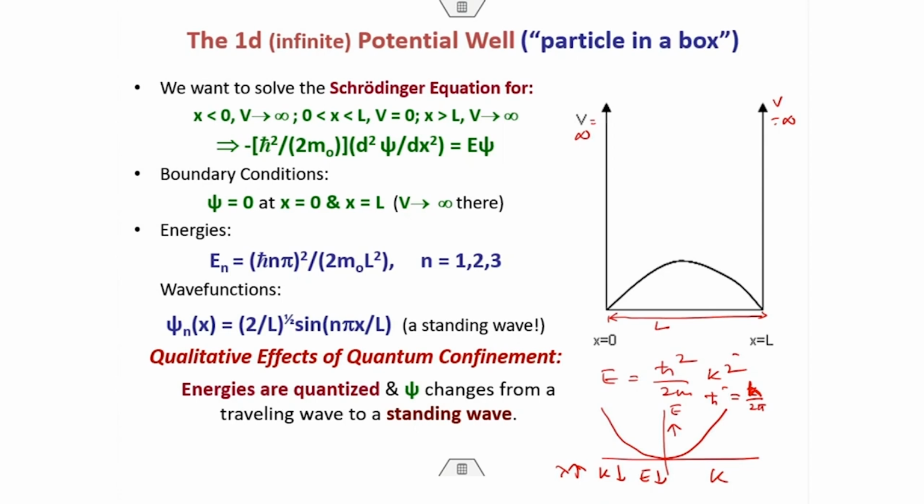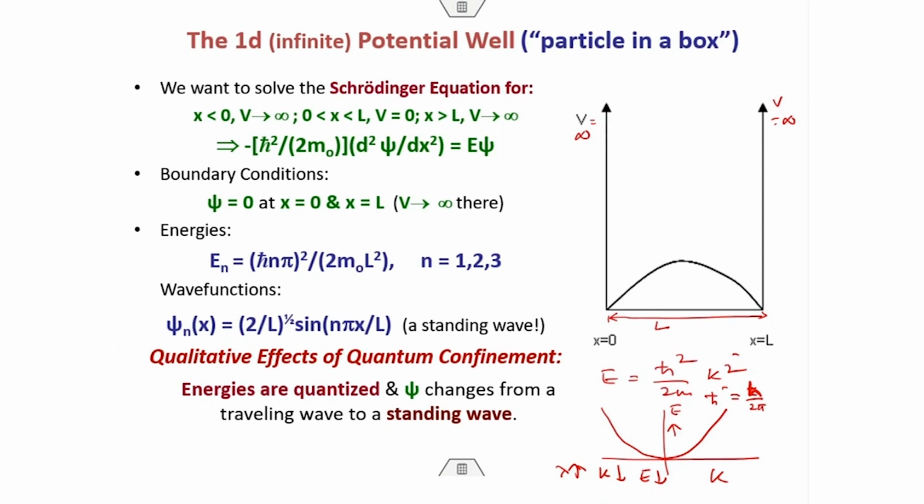That is what it is. Okay. There is a potential energy, there is no kinetic energy part. Potential energy obviously depends on the double derivative of the psi. Now, if we apply boundary condition, psi is 0 at x equal to 0 and x equal to L, because V is infinity, the electron cannot stay there,